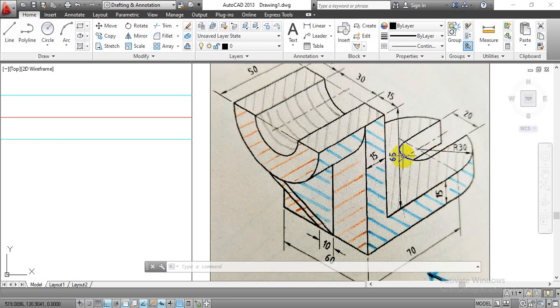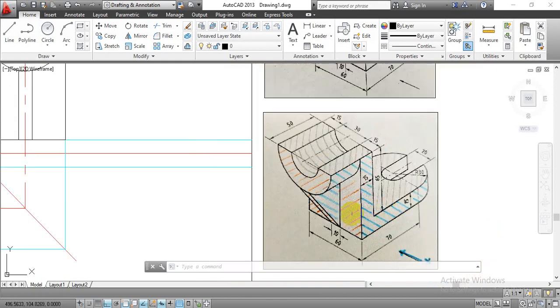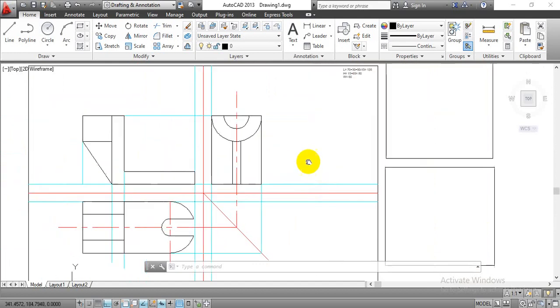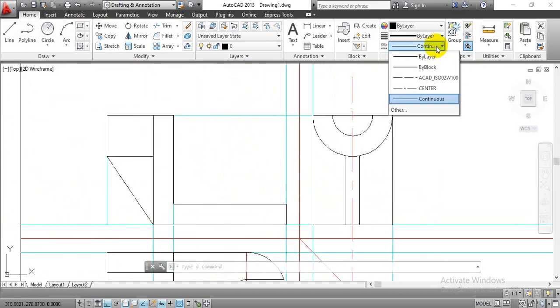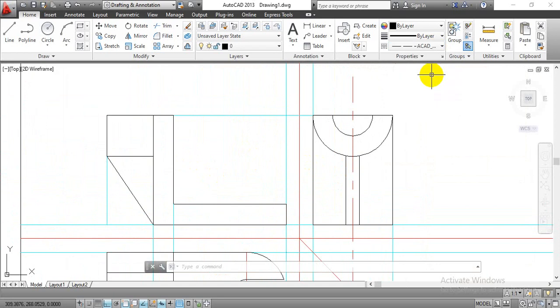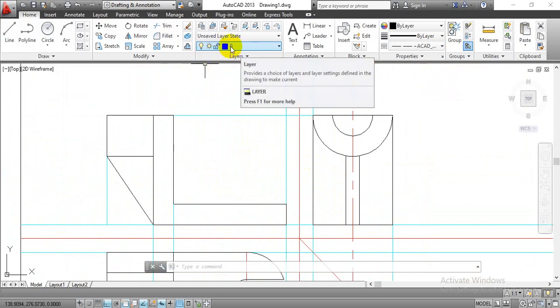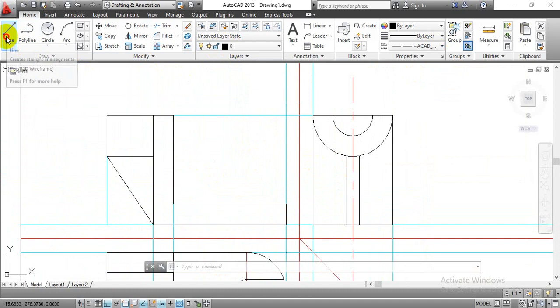Again, he is unable to observe this cut slot for the width is equals to 20 while looking in this direction. To that also we have to show one vertical hidden line for the height is equals to 15. Now let me draw those lines over here. First of all, we need to change this line type to the dash line. We have to ensure we are working in a object layer. Go with the line command,